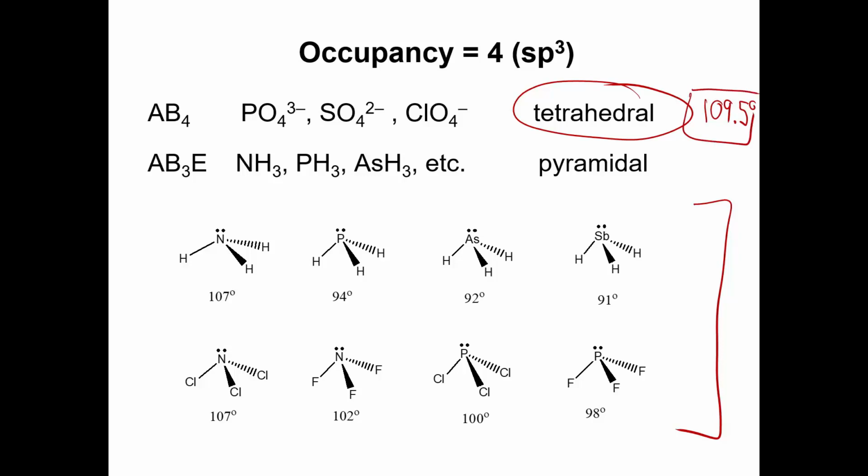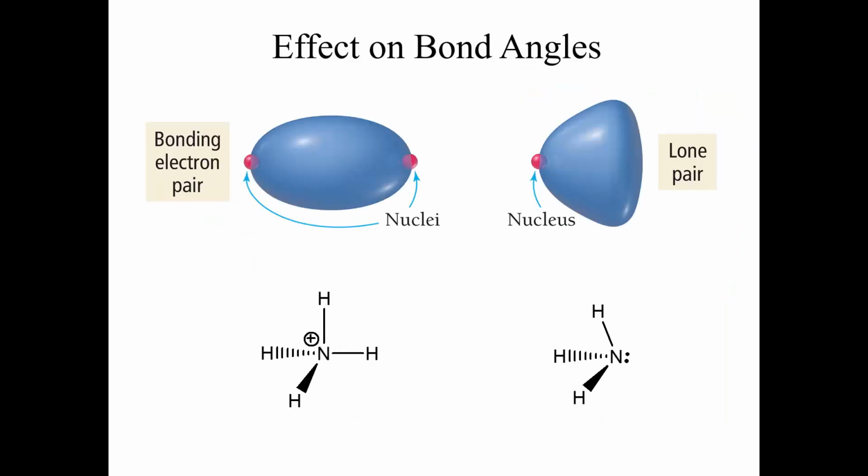Now it makes sense that if you replace one of the atoms with a lone pair, and I told you that it needs more space, that would push down, right? So I'll come back to this in a minute. So any of these are less than 109.5 because it can push down. But just looking at these different bond angles, it looks like the angle can actually decrease drastically or less. And so that has to do with the polarity of the bonds. But before I explain that in more detail, let's look at a nice little graphic here